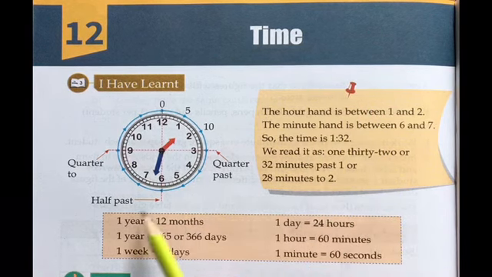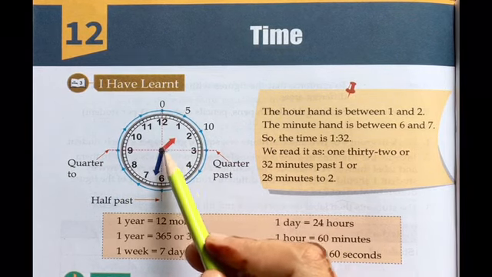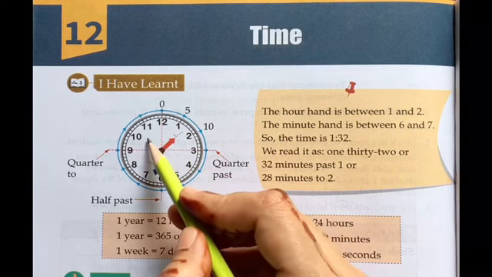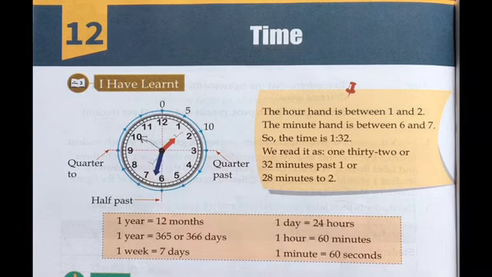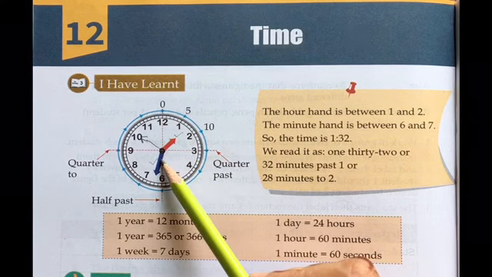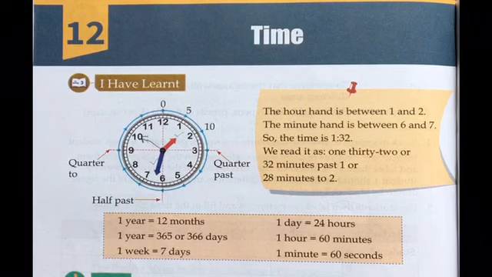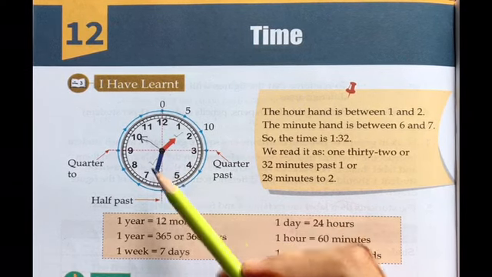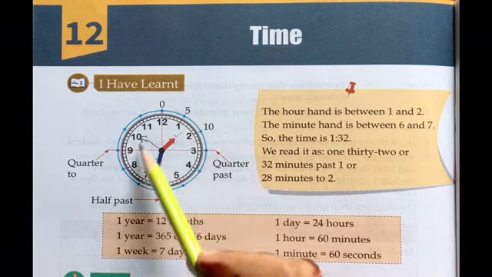As you can see, this is the clock and it has three hands. One is the hour hand, one is the minute hand, and another one, the thinnest one, is your second hand. So more or less we use maximum times only two hands. The smallest one is your hour hand and the other one is the minute hand. It has the counting from 1 to 12.